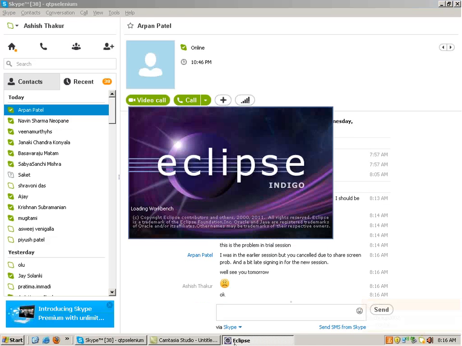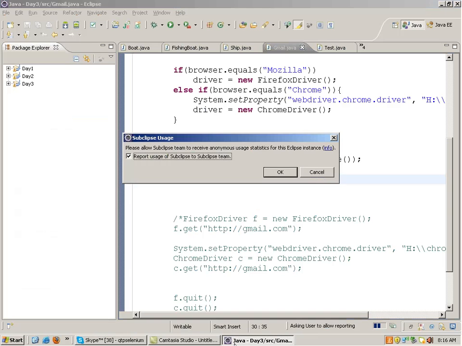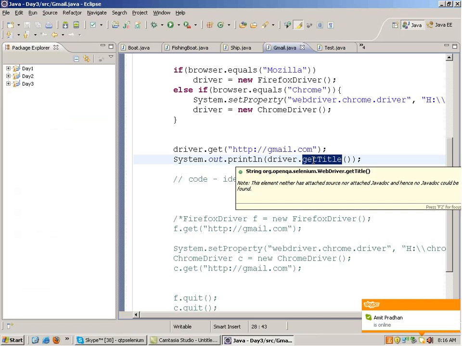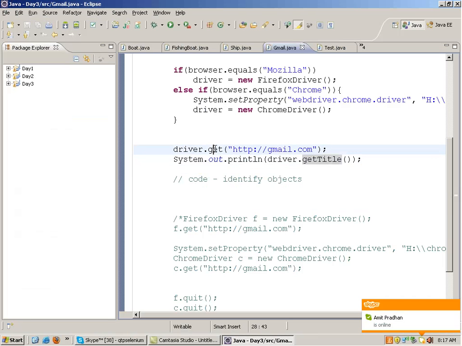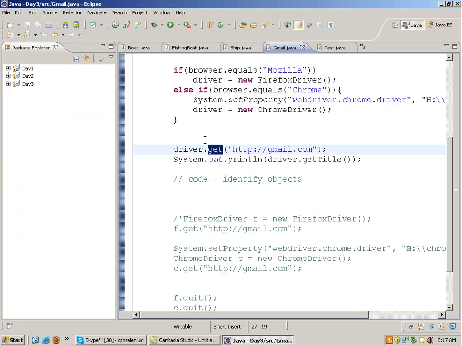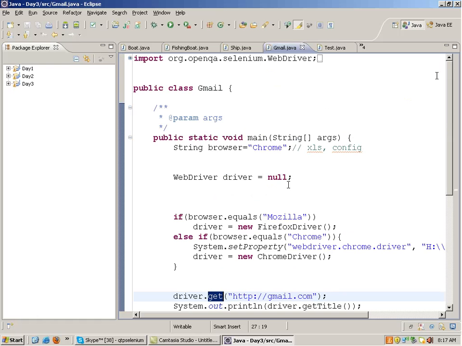Today we have got Firefox driver, IE driver, then we have got Safari driver, Android driver, and if a new driver comes into play, what happens is that the functions, the set of features available with each driver, will remain the same because each and every driver is implementing the same interface. Right, this is what we studied yesterday,